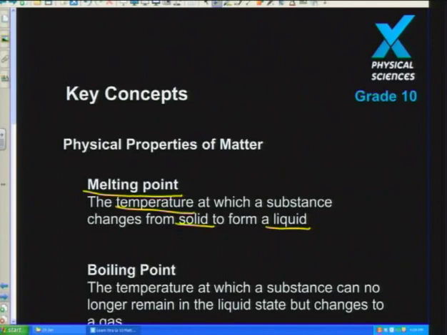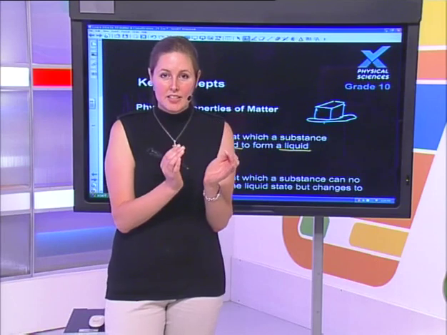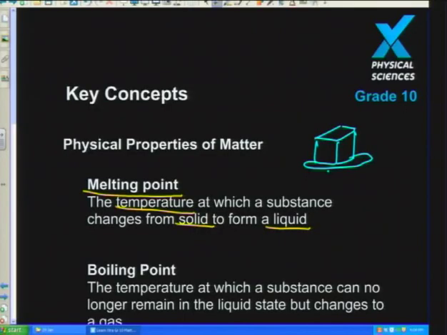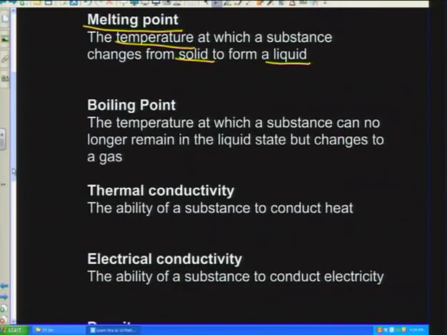So maybe we're thinking of a little block of ice, and there's my little block of ice with a little puddle of water around it, and the temperature at which that ice would melt would be 0 degrees Celsius, where it's going to change from being a solid state, water as a solid, ice, to a liquid, as in liquid water. Remember, it's a temperature point at which that substance would change from a solid to a liquid. Let's go through the next one, boiling point.